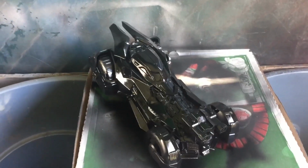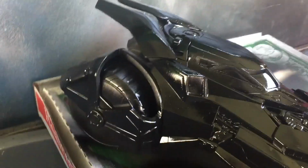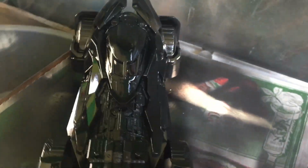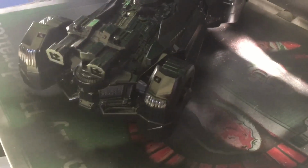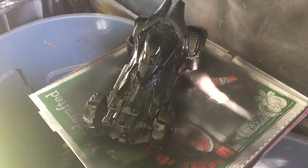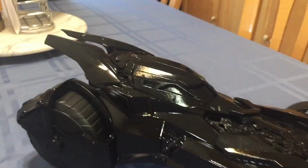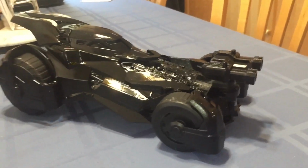Okay, so here it is after 2 coats of clear high gloss. And I don't know how well it comes on the camera, but this thing looks super wet, and it is 100% dry. I'm going to try to move it to a little better lighting, and then we'll get another look at it. Alright, so under artificial light, you can see the high gloss much better. Again, this is